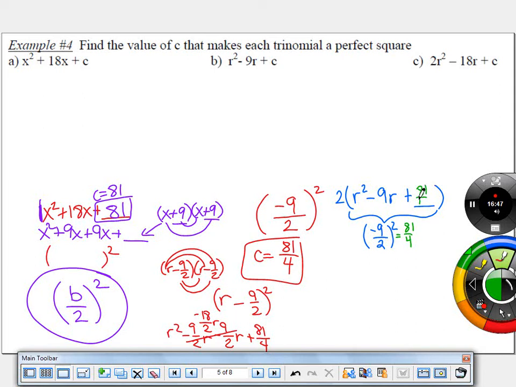So 81 over 4 is the number that I would use to complete the square. But does that number represent C? No. If I wanted to represent C, what could I do now to my expression? Sean? Yeah, just multiply the 2 back through now that you finished the process and see what happened, right? So if I multiply the 2 back through, I get 2r squared minus 18r plus,